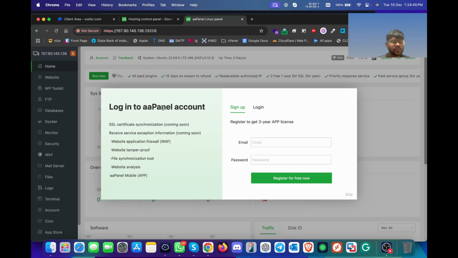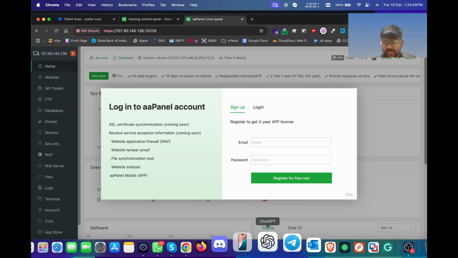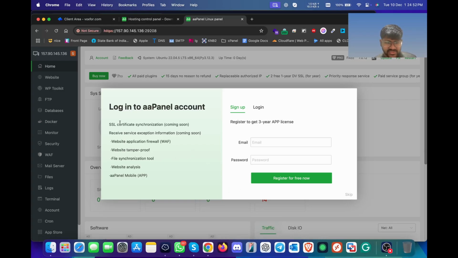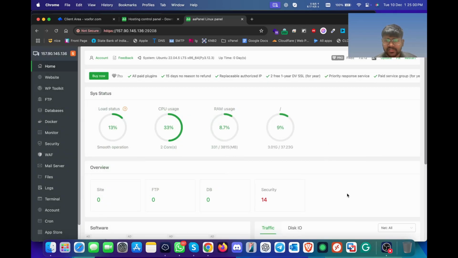Like, let's say if you want to have some support from the aaPanel forum, so you can register your account over here. And as you can see that these are the services which aaPanel is offering to you for that. Or you can just simply click on the skip button, and you don't need to sign up on aaPanel. It's completely optional. So in the meantime that the installation is being done, let me show you around the